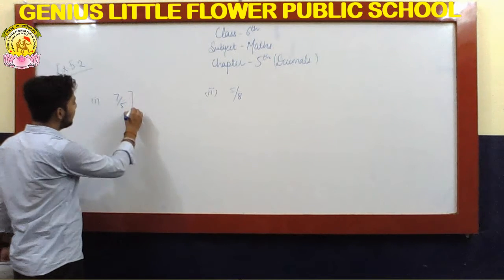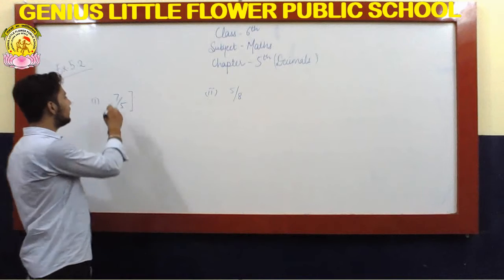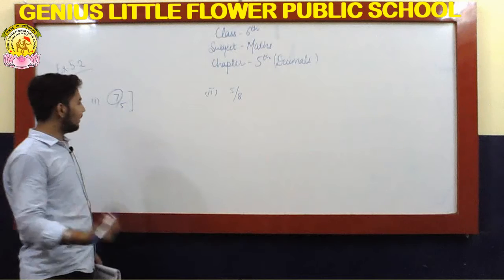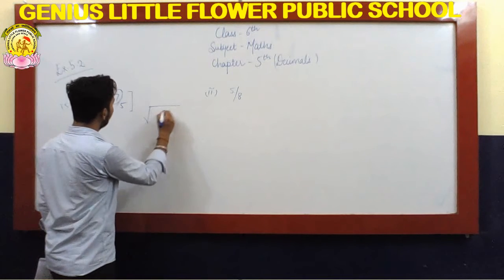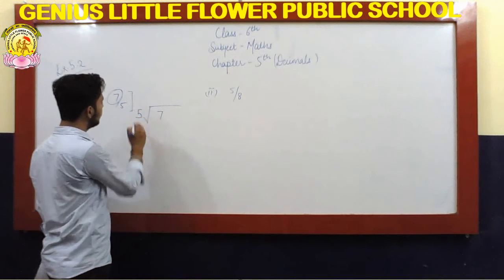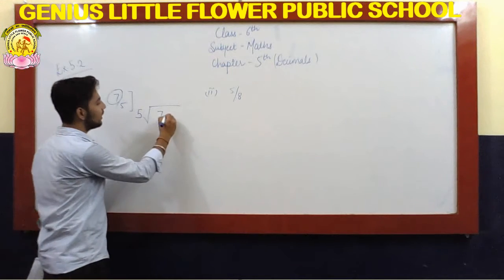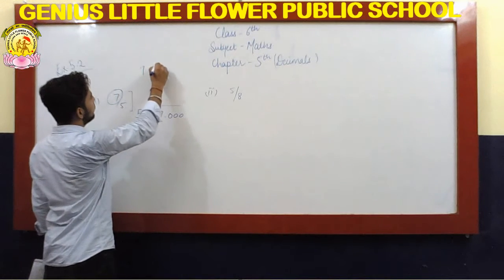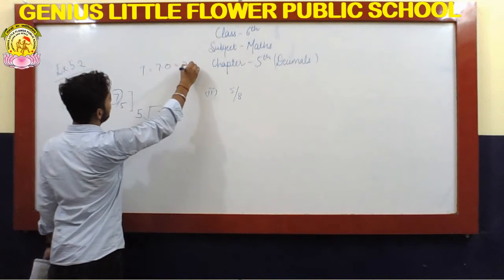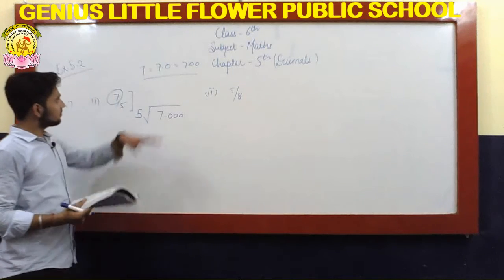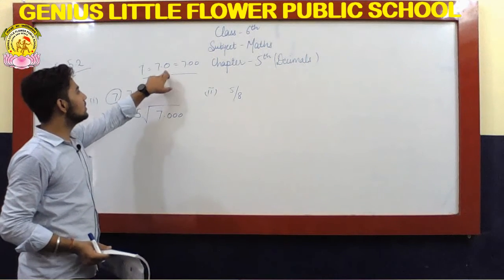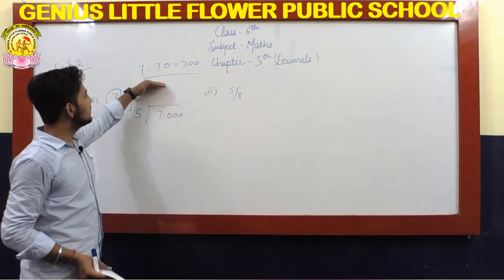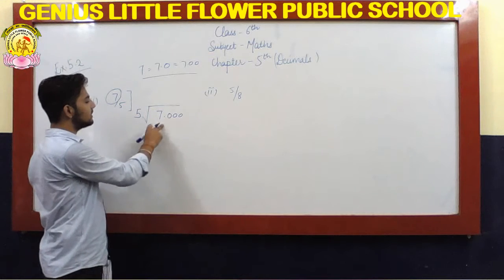Like you have 7 divided by 5. The upper term, the numerator, will always be the dividend and the denominator will be the divisor. So you have to make a division with 7, and here you have to put 5. You can even consider that 7 could be written as 7.0, which is equal to 7.00. As you know, these values are the same, because if there is a 0 after the decimal, it makes the same sense. So you can use this instead of 7.